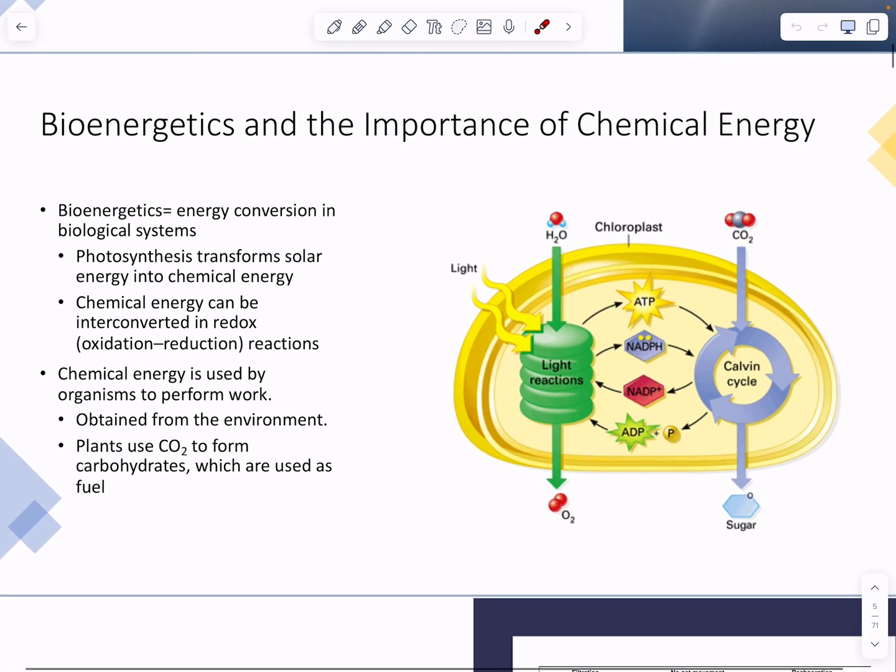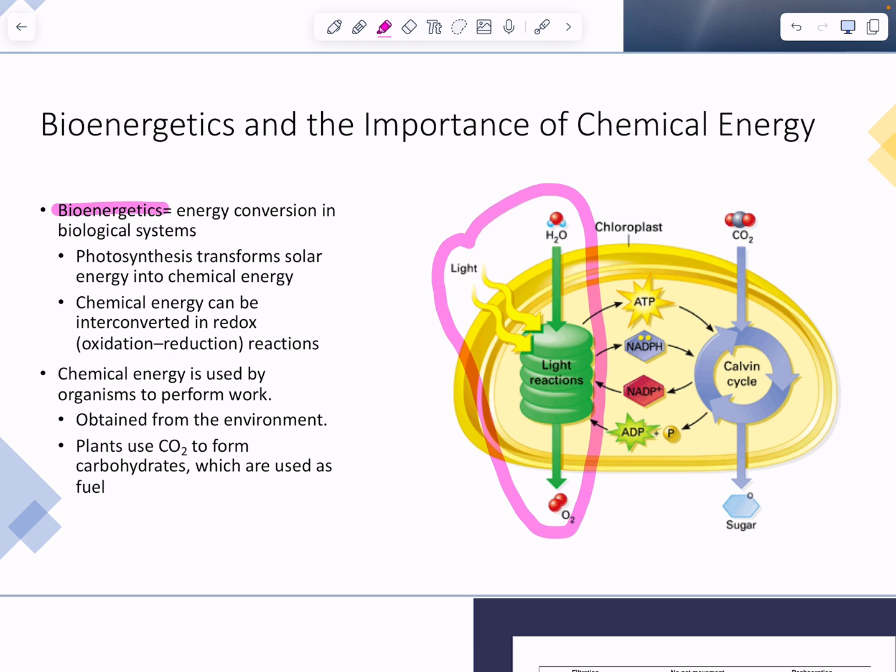So when we talk about energy in biological systems, we call it bioenergetics. So how energy moves from one source in one place to another and how it gets used and conserved. Biologically speaking, we have to start with photosynthetic organisms, whether they're plants or photosynthetic microorganisms. They can take solar energy and convert it into chemical energy, right, through